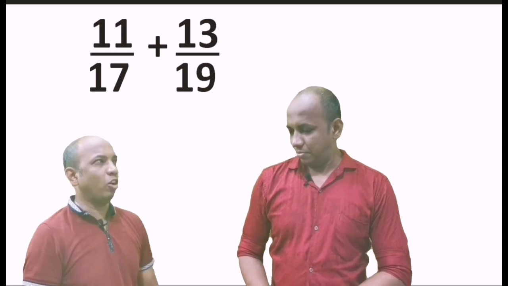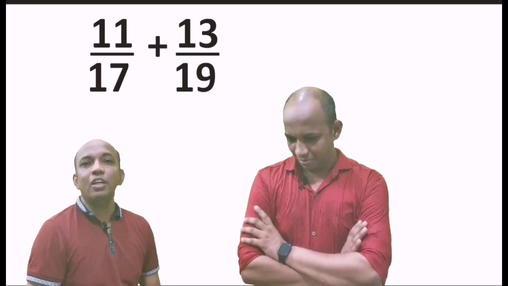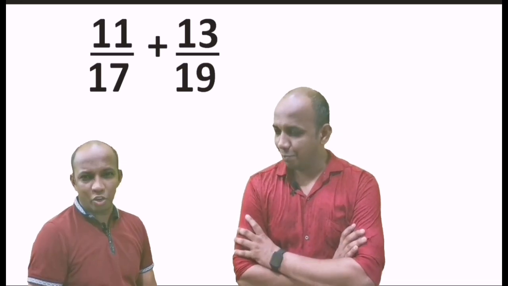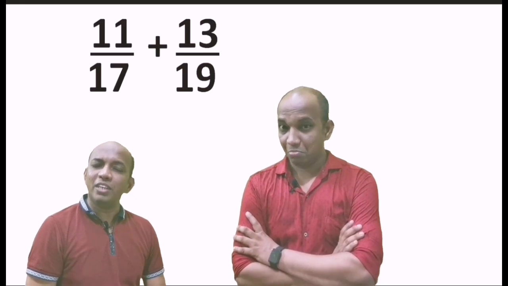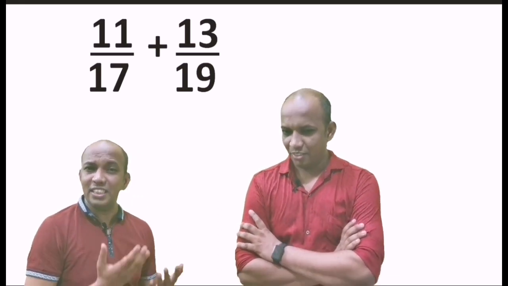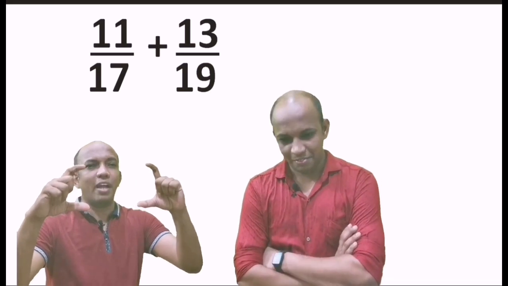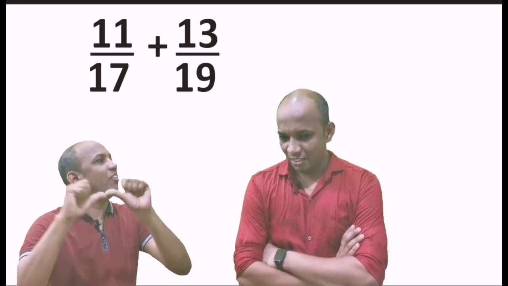Yes sir, this time I will not repeat the mistake. Now my fractions given to me are 11 upon 17 and 13 upon 19. So very first I will check whether denominators are equal or not. Over here denominators are 17 and 19, so I will try to make denominators equal first by doing thumb dance, because in 17's table I do not find 19. In that thumb dance I will multiply 19 into 11, 17 into 13, and then 17 into 19.